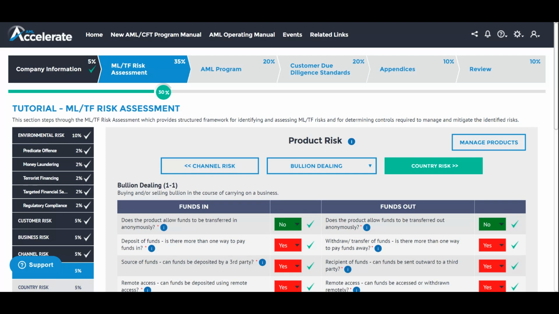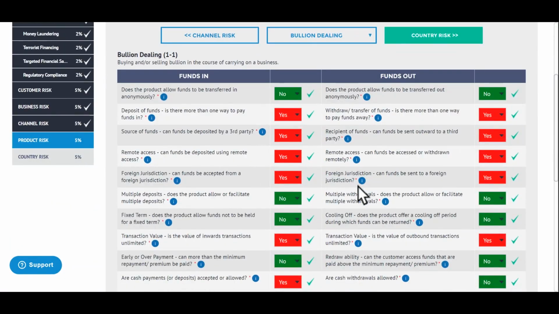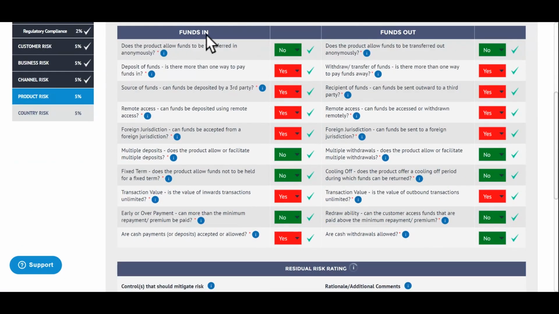The AML Accelerate platform contains a library of over 100 different products and services, based on over 30 financial and non-financial industry sectors, and requires you to assess the risks of the product or service being used to facilitate money laundering or terrorism financing offences by asking a series of questions related to the characteristics for depositing funds into a product, which is known as the placement phase of the money laundering process, as well as for withdrawing funds out of the product and back into the financial system, which is known as the integration phase of the money laundering